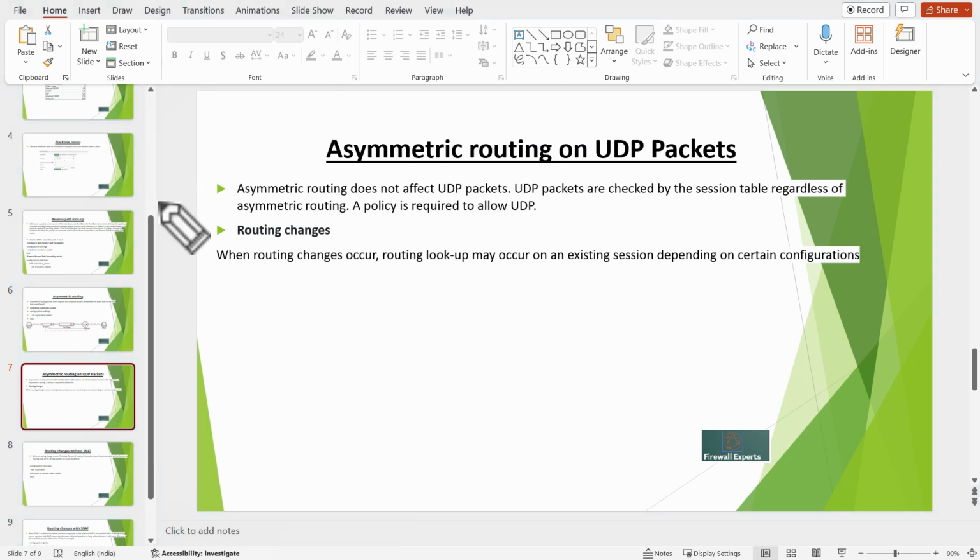And asymmetric routing on the UDP packets. So what will be the impact of asymmetric routing on the UDP packets? So asymmetric routing does not affect the UDP packets. UDP packets are checked by the session table regardless of asymmetric routing. So in the case of TCP packets, those packets will be dropped at the FortiGate level because of asymmetric routing. However, the UDP packets will not be dropped by the FortiGate firewall, but we need a policy to allow the asymmetric